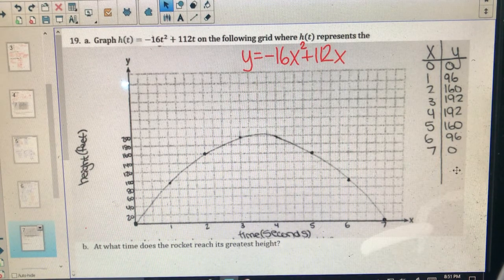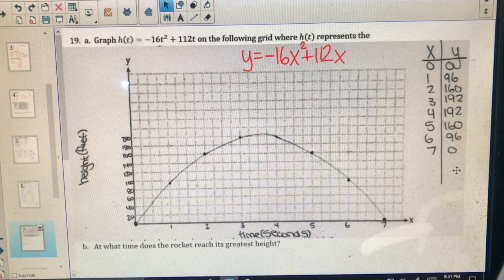I counted up by 20s. Okay, 20s is a more common thing to count up by, only because it ends in 0. 20, 40, 60, 80, we can count up by 20s real quick, and it fits that way. Counting by 10s would not have fit. So that's why I scaled my x and y axis the way that I did, and then I plotted it as so,